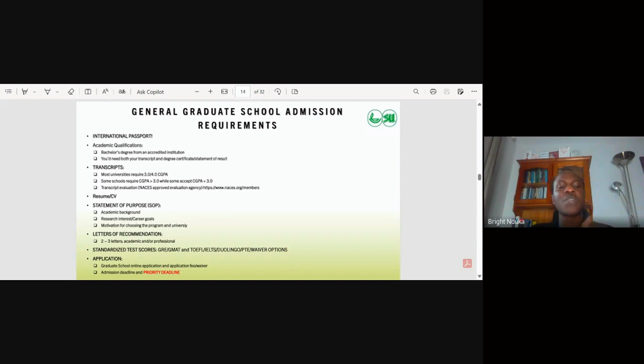And then there's something called transcript evaluation, WES evaluation, and all of that. Check, the school will tell you if you actually need to evaluate your transcript. You take it through that evaluation process. It actually comes with some cost. You have to pay money for the evaluation. The reason why they evaluate it is because we are coming from different worlds, different academic experiences. So they need to be sure that what you did in your undergraduate, that you are using to pursue a graduate program, is actually up to standard by their own requirements.